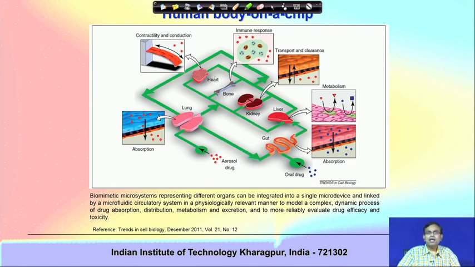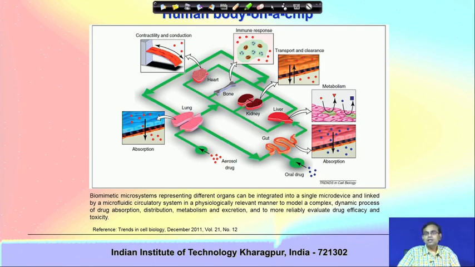So, instead of mimicking a single organ on a chip, one could mimic a collection of disparate cells and put them under the ambit of different organs, like heart mimicking cells, lung mimicking cells, kidney mimicking cells, liver mimicking cells, and make connected microfluidic networks across them. This mimics in some way an artificially engineered miniaturized system that replicates the human body in an artificial environment. This we call human body on a chip.